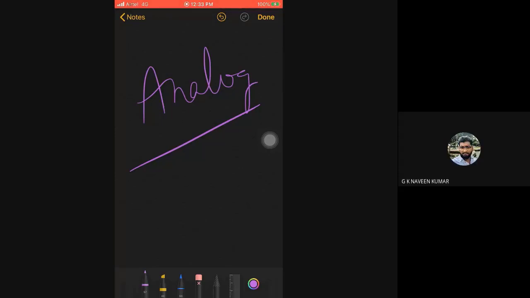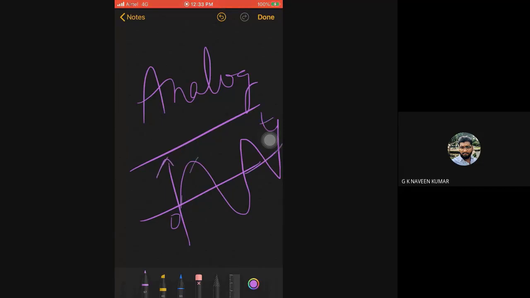In analog, the signal will be continuous. Suppose you take a sinusoidal signal, what is the shape of your sinusoidal signal? Continuous, right? From 0 to t, your analog signal, if it is sinusoidal, will be continuous. Suppose I want to find the amplitude at this particular point. You can easily find the value, but it may not be exactly equal to what you can find in this type of signal, like a discrete signal. A discrete signal is a type of digital signal.